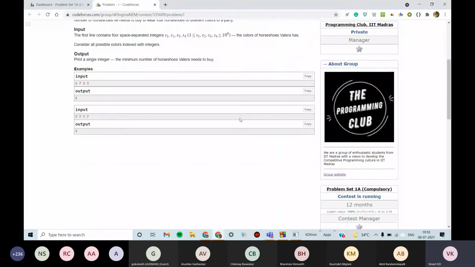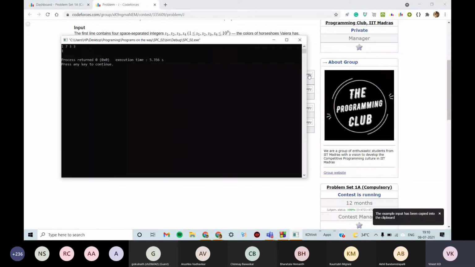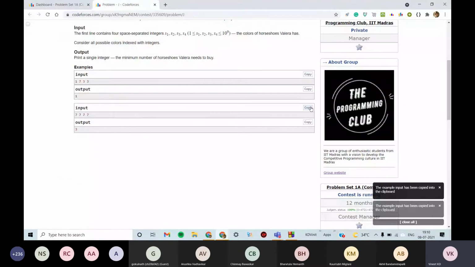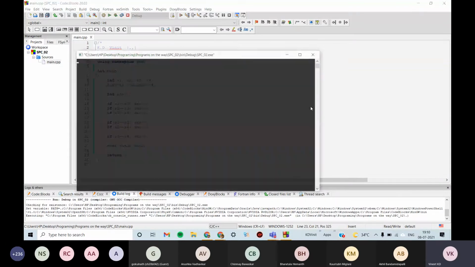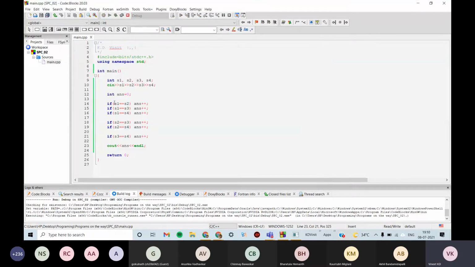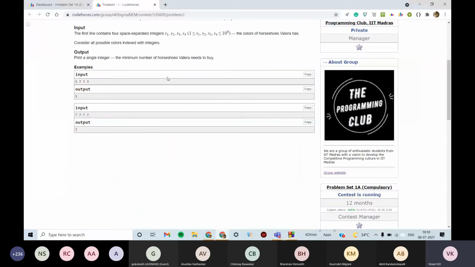So let's see what answer it gives. I think for this problem it should give the right answer. Yeah, so 1 is correct. For 7 it will give 6. But 6 is definitely not the correct answer. One thing you might think is that each pair would be counted twice, so we can divide by 2, but that's also not the case because here the answer is 1.